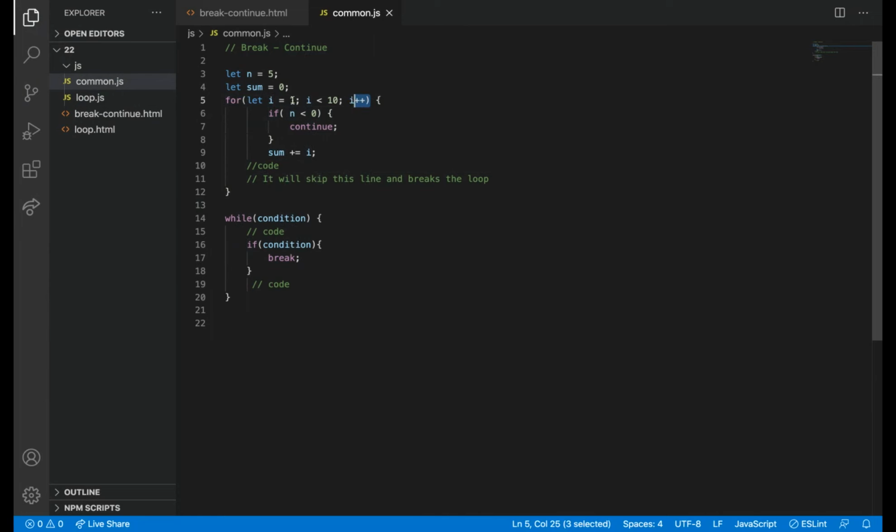Usually how it will happen, it will initialize and then it will check if n is positive, it will add, and then i will be 2, and then it will check if n is positive, then it will add. So likewise, it will come. The loop will execute. Whenever it finds a negative number, it won't break. It will just skip this and then go back. Again, it will go back here.